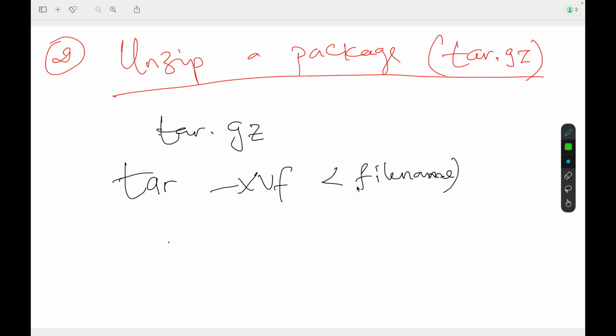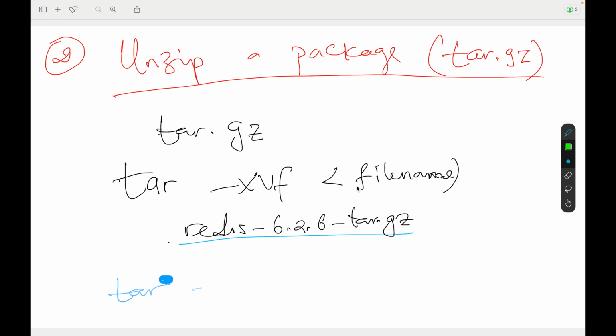So in our case, we downloaded the redis 6.2.6 tar.gz file. So for you to unzip this file, you now use the command tar xvf, and then we give the name of the file, which is redis 6.2.6